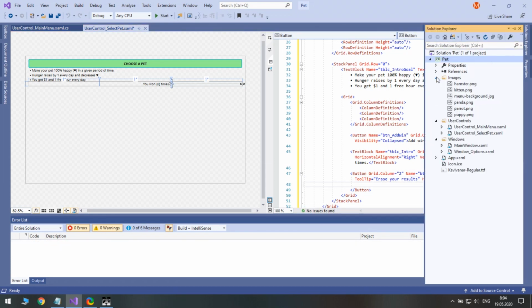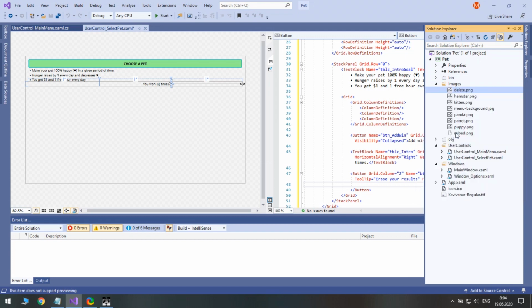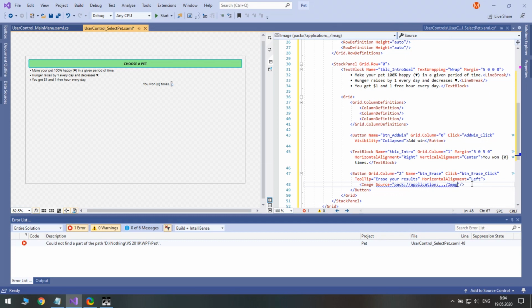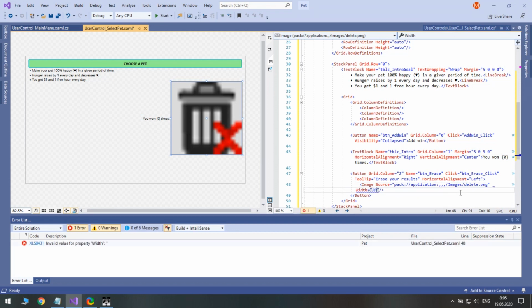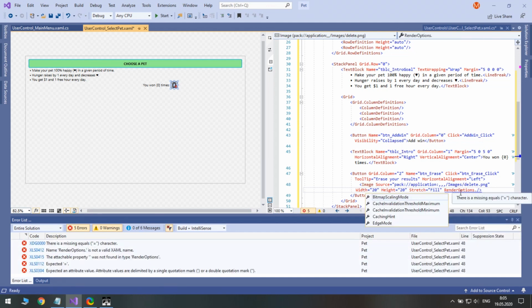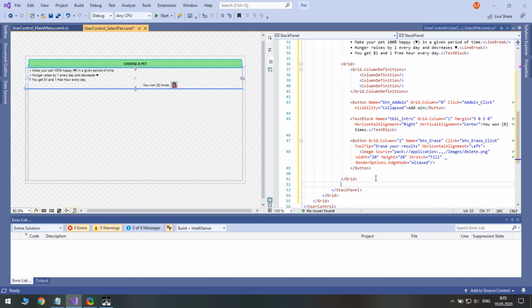Let's make a button having the image of trash bin inside of it. I used Aliast to make the image look a bit sharper. Next we will create a group box for pets.